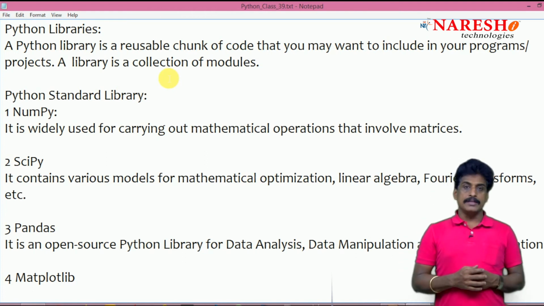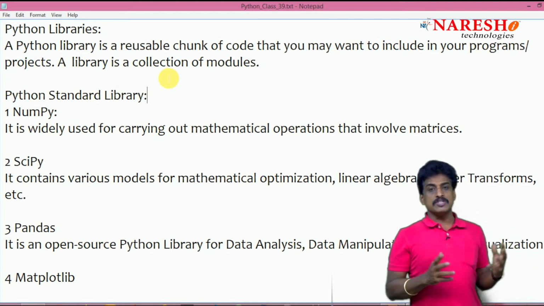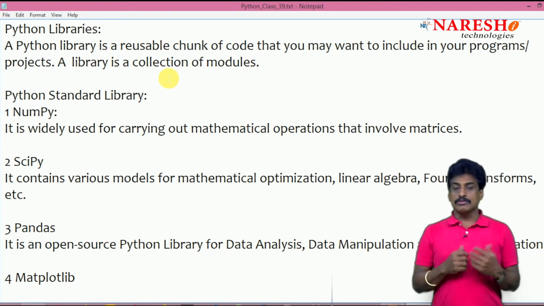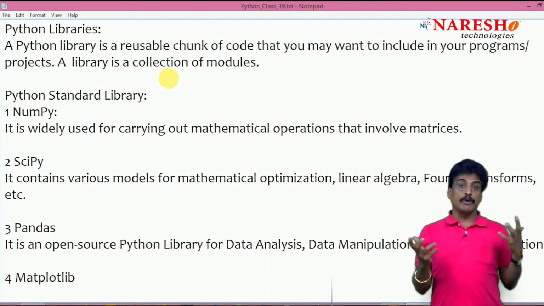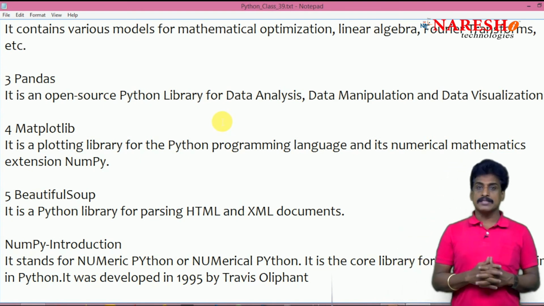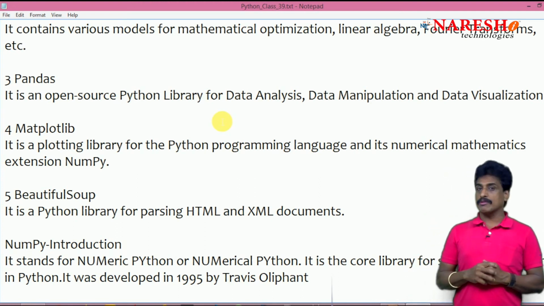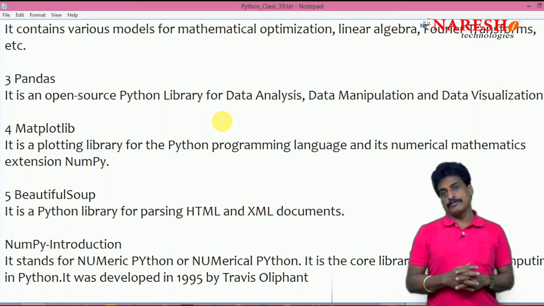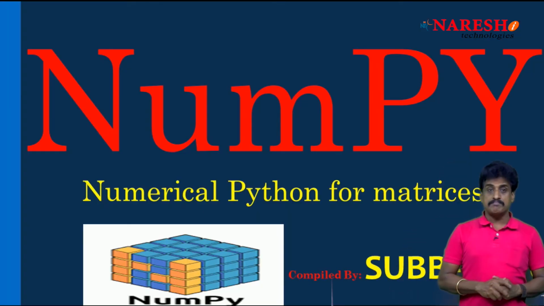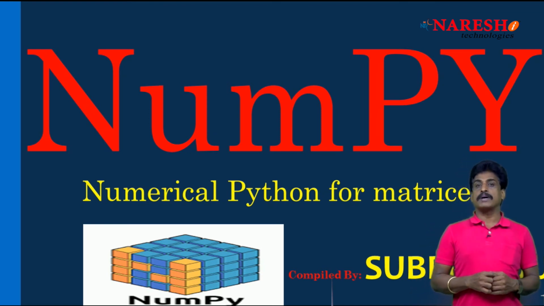And Matplotlib is another wonderful library for visualization in Python programming. In data science and machine learning environments, this is a very frequently used library in our regular duties. This is very simplified through a kind of plotting libraries. Next one, Beautiful Soup. It is a really unbelievable parsing tool; XML and HTML data we convert into a readable format. So unstructured data is converted into structured format. Without any delay, we'll observe what exactly Numpy, numerical Python for matrices, is. It is one of the best libraries in Python programming.